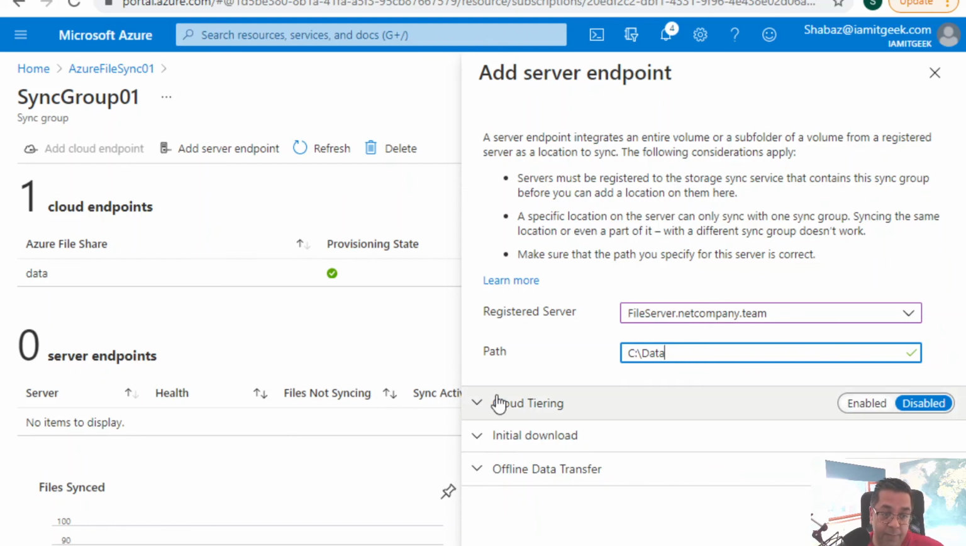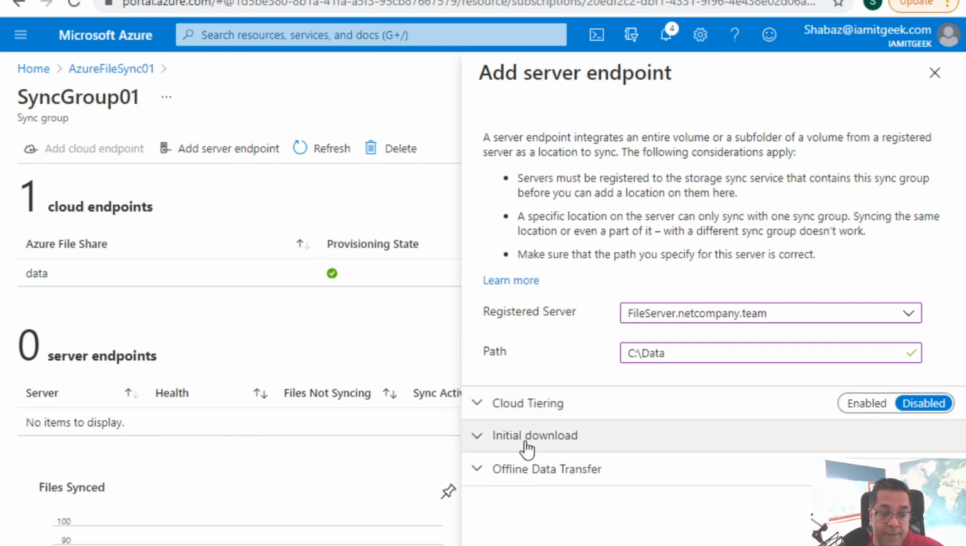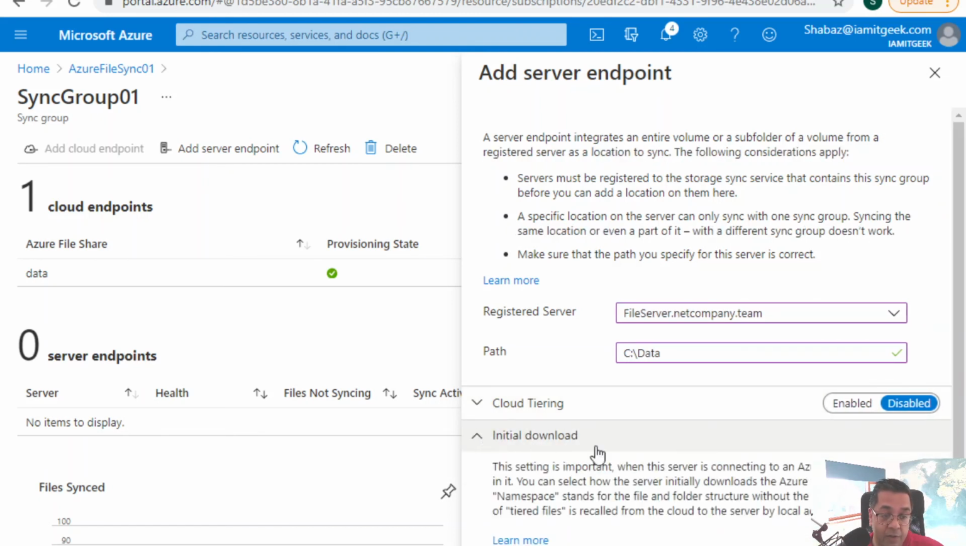So if we enable that, we can select whether it's infrequently used or hot or cold storage, and it just allows us to use the different tiers of storage. And for the initial download, again, we'll leave it at default, but essentially this is an optional selection starting with agent version 11, I believe. And it can be helpful when there are files in the Azure file share but not on the server, so that isn't something that we have, so we're just going to leave that at